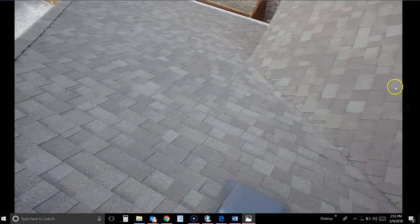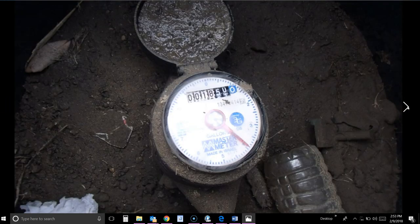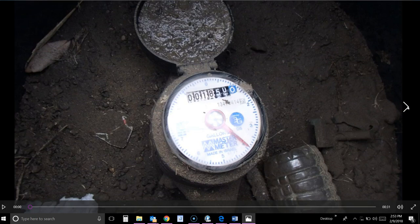Thought I had skipped a picture there. This is the meter. In the center of the meter is a little device called a low flow indicator. One of the first things I do is check that indicator to check for supply leaks. The water of the house was off at the time of the inspection, so